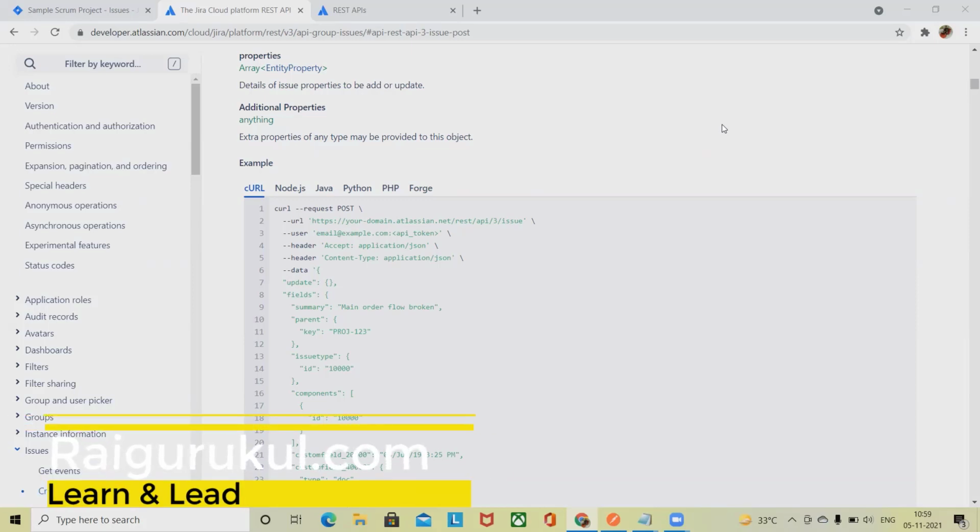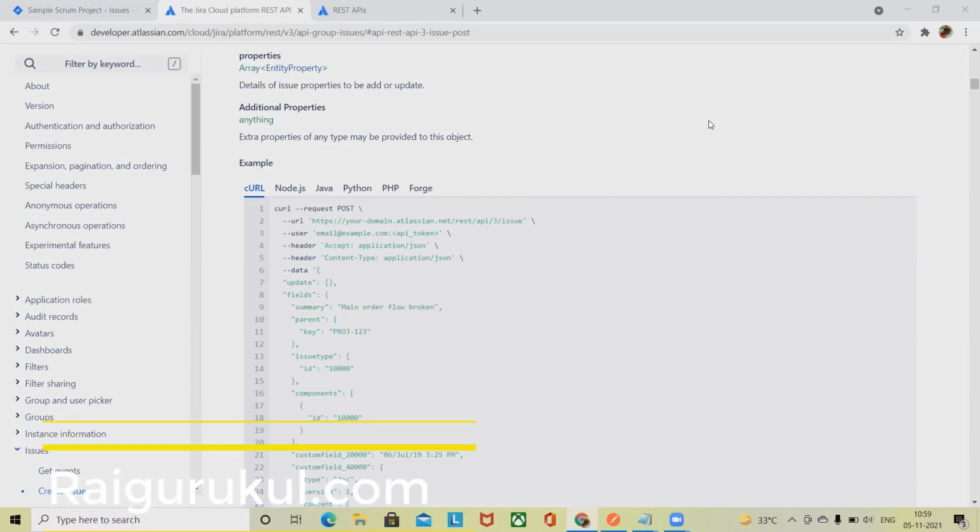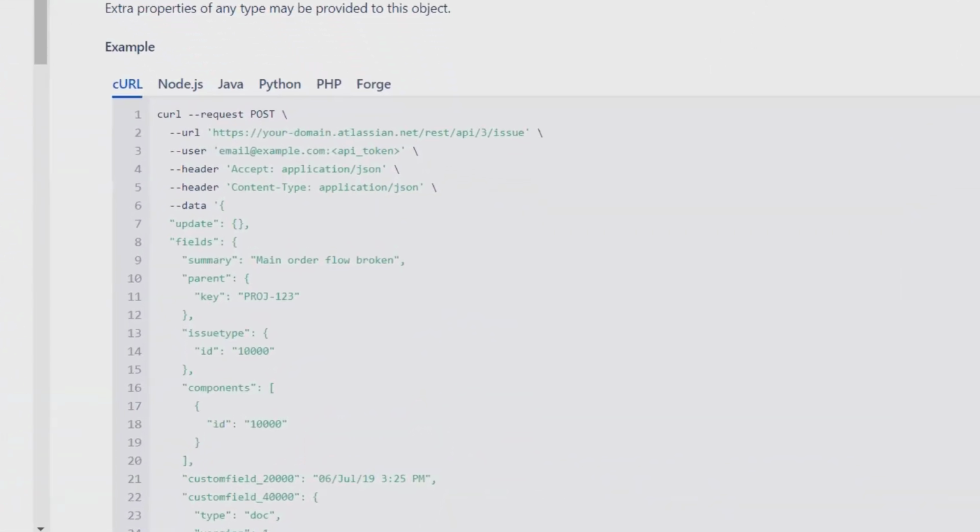Welcome again to raigurukul.com. In this video, we'll discuss how to use Jira REST API using Postman. Whenever we are calling Jira services, Jira REST APIs are used to interact with the Jira server or cloud application. For example, when configuring webhooks, the Jira server or cloud platform provides a REST API for common features